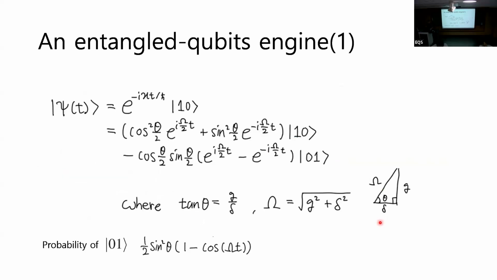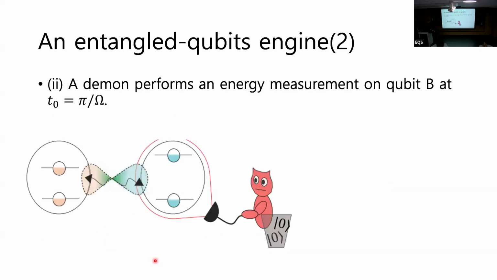And don't be scared by this slide. It is just an elementary quantum physics and linear algebra problem. Just calculate. The state evolves as shown here, leading to an entangled state. Yes, just an entangled state, A and B entangled. We can easily calculate the probability of the 0-1 state by taking the absolute value squared of the coefficient here. It is just linear algebra. And this is step 2.